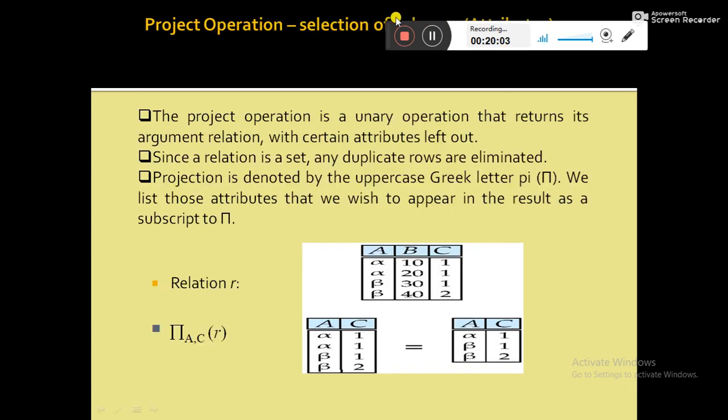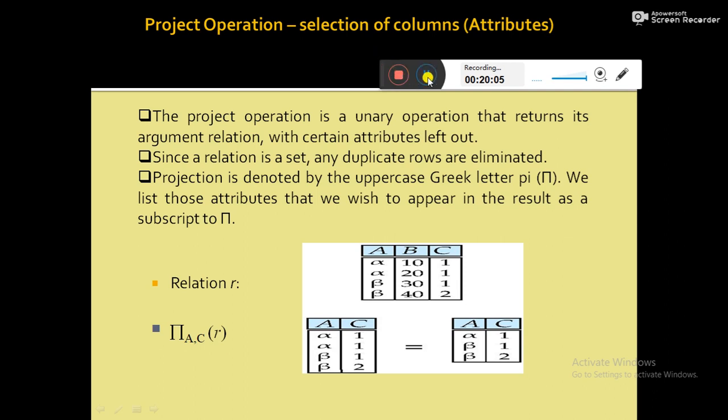The next operation is projection operation. It is also a fundamental operation as well as a unary operation. Unary operation means the projection operation is performed on a single relation and then it returns its argument relation with certain attributes left out. Suppose this is the given relation R with attributes A, B, C and a set of values.